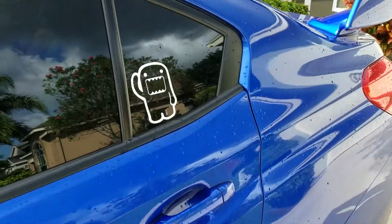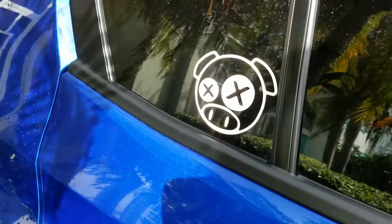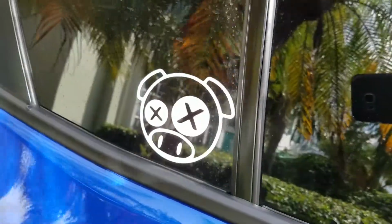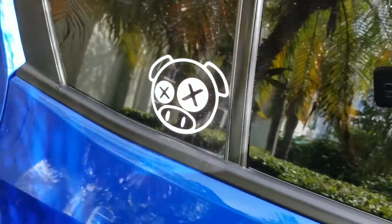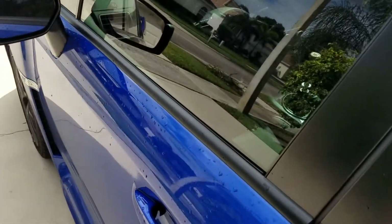All right, and then I've got this Domo sticker here. You know, that adds at least 5 horsepower. So on the other side here, I've got this pig logo. I just thought it was cool looking, and it adds at least another 3 horsepower, I would say. All right, and then last but not least,